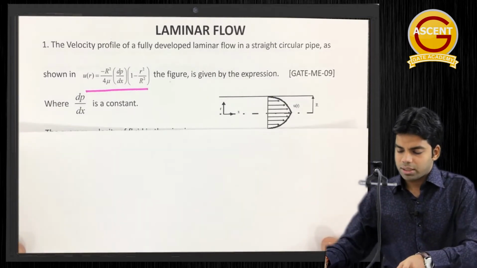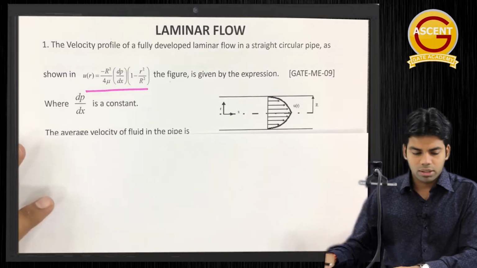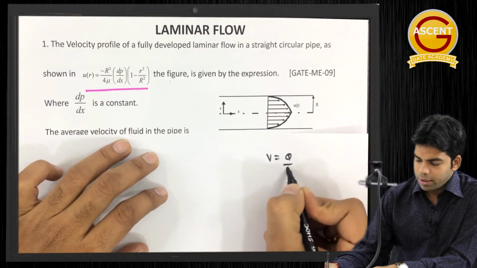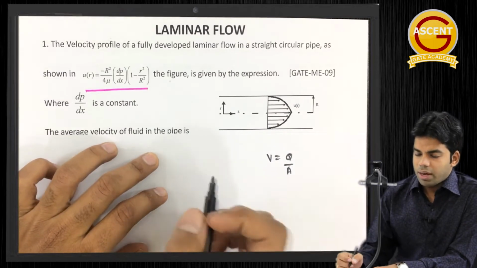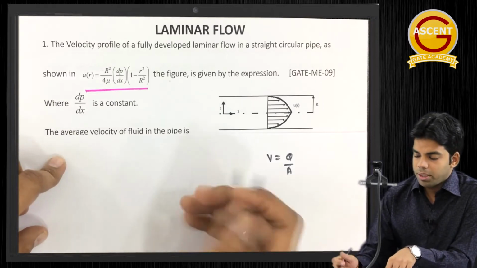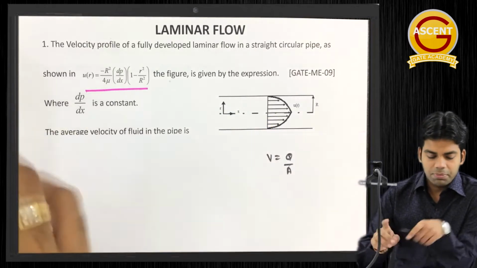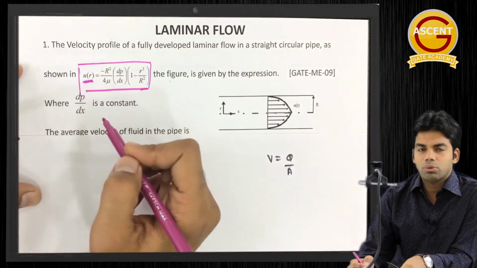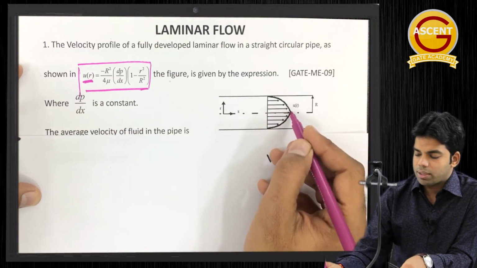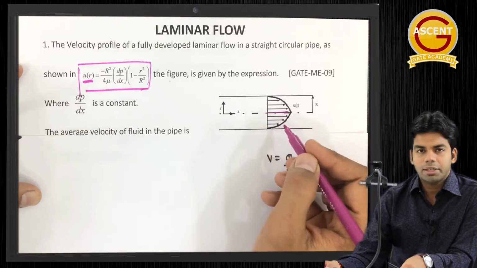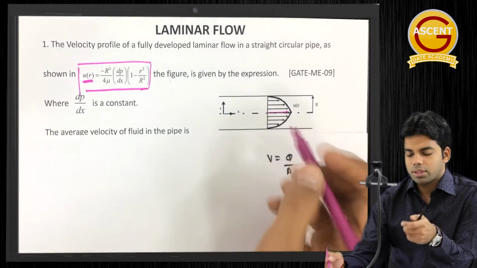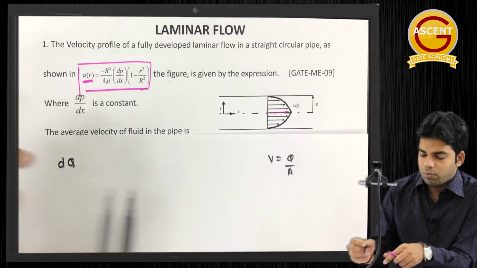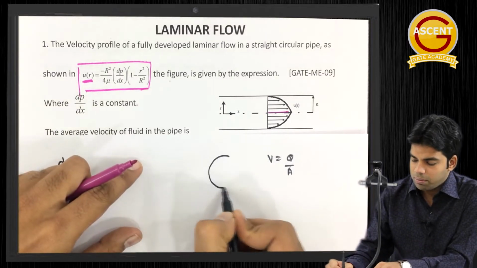What the conventional method says is, if we want to determine the velocity, v is equal to Q by A. Now first we will have to determine the value of this Q. But the velocity with respect to radius is not constant. Velocity is varying with respect to r, and we can see here that maximum velocity is at the center. Because velocity is not constant with respect to r, obviously we need the discharge dQ through a cross section of this pipe.